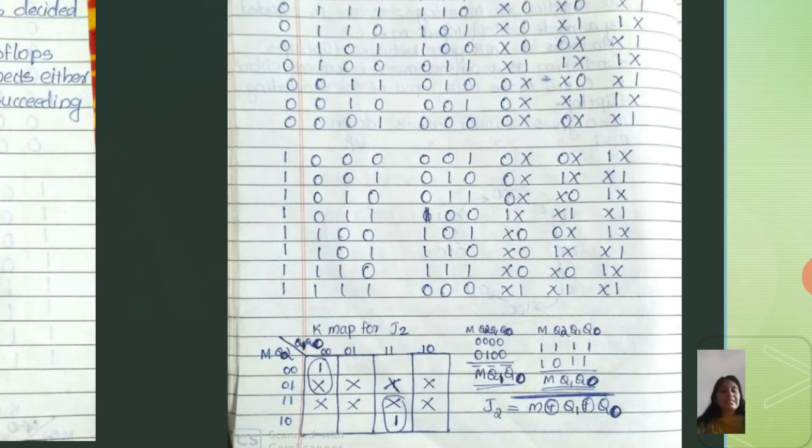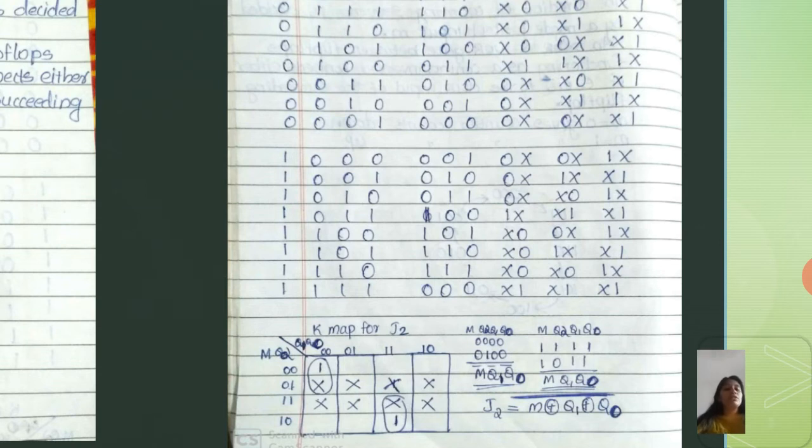You will get the result just like this. You are getting 2 groups. You can group the one individually as a member, but it is always good to group 2 or 4 members in a group. So here the grouping can be possible with two members, one and a don't care. You can use it for the reduction of a variable in a term.